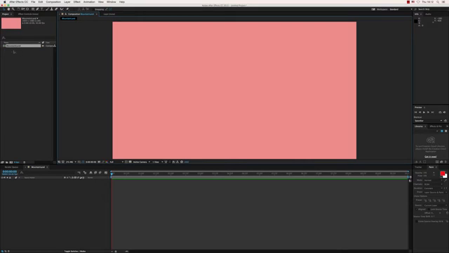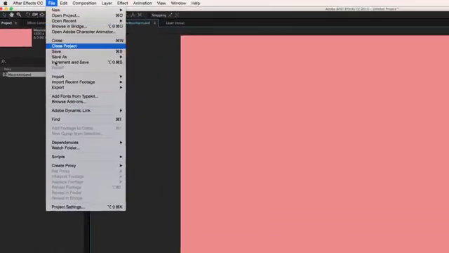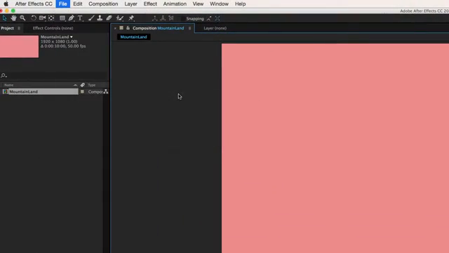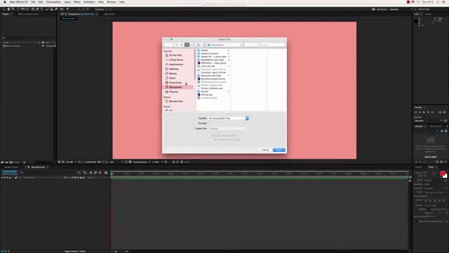The first thing I want to do is import my media. So down here is where all of your media is. So at the moment, this is the composition, which has nothing in it. I'm just going to go to File, Import File. I'm going to import my file, which is called